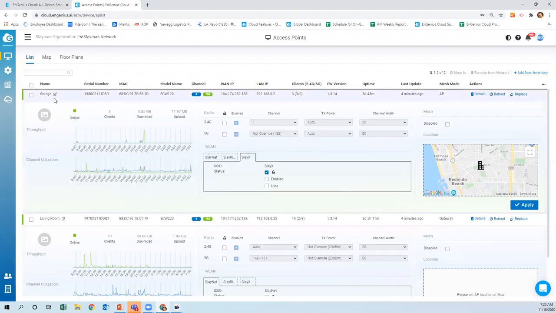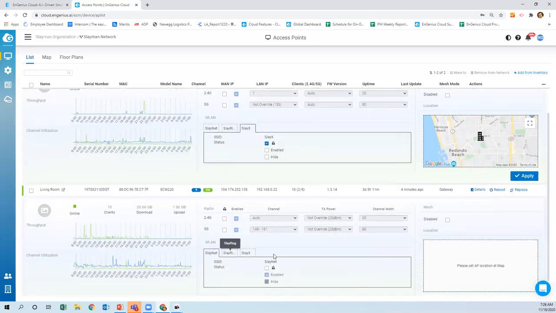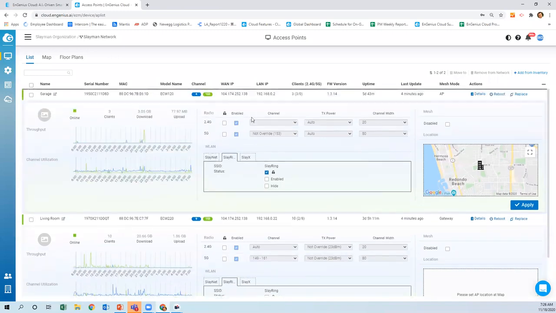This is an 11AC Wave 2 access point. This SSID is broadcasting on my 11AX access point. So I know when my client device, such as my phone, I want to connect to this SSID because I want to be on this access point for the fastest speeds. So just to give you an idea, I can enable and disable SSIDs per access point